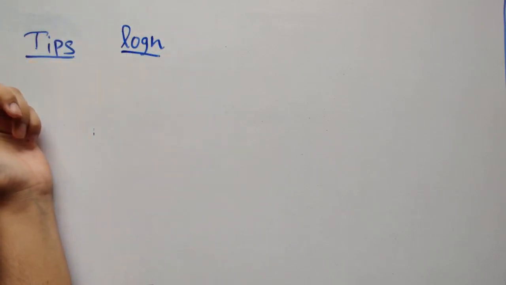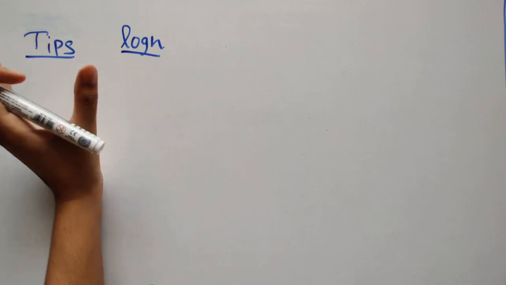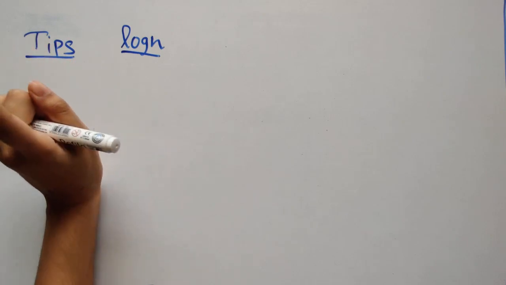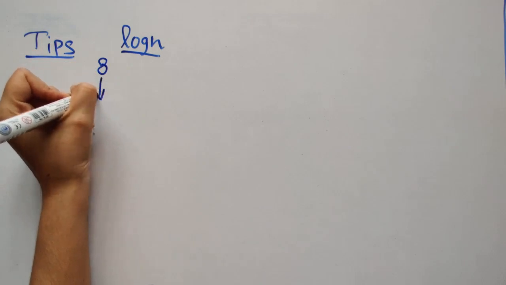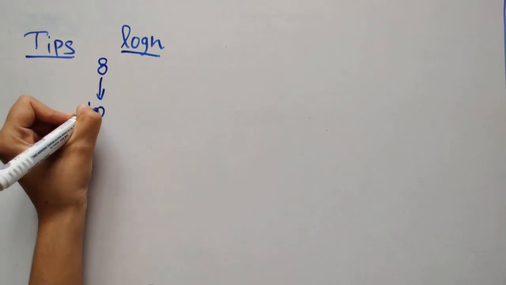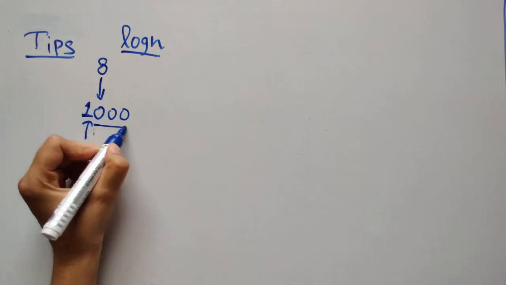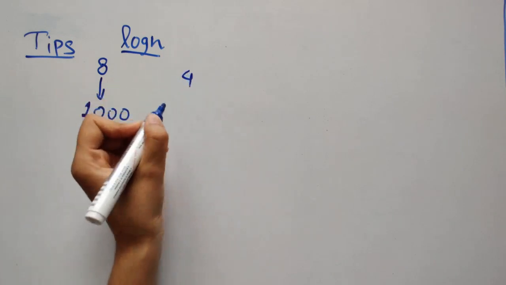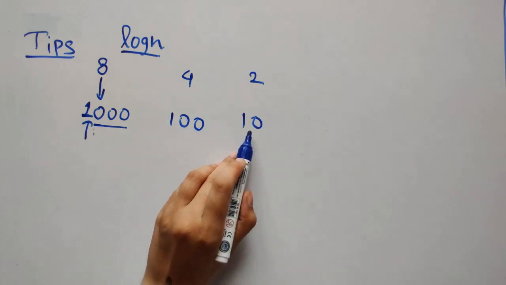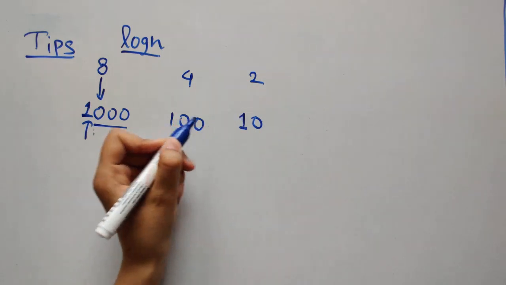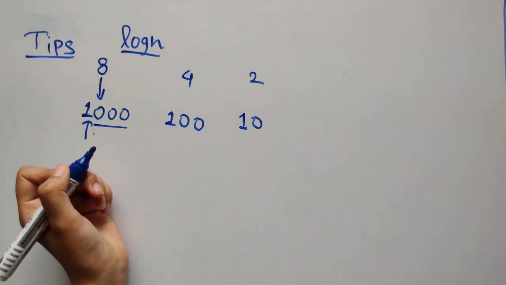But then how can we do it in a better way? So you have to notice one thing here. Whenever a number is a power of 2, there will be exactly one set bit in the number. What does that mean? If you look at the binary representation of 8, 8 is a power of 2, right? It's 1 0 0 0. There's only one bit which is set, others all are 0. You can take any number for that matter. You can take 4, it's 1 0 0, 2 is 1 0. Therefore, always the leftmost bit is set and everything else is 0. The leftmost bit is set, that's the rule.